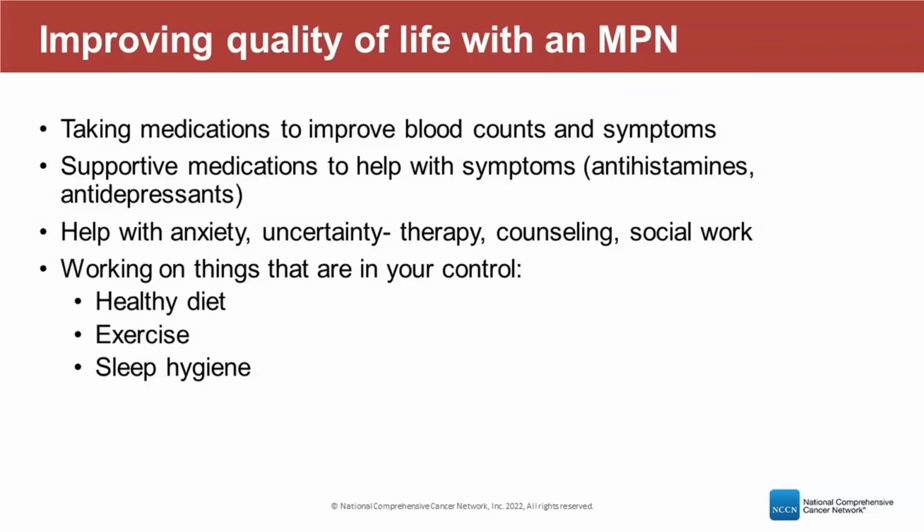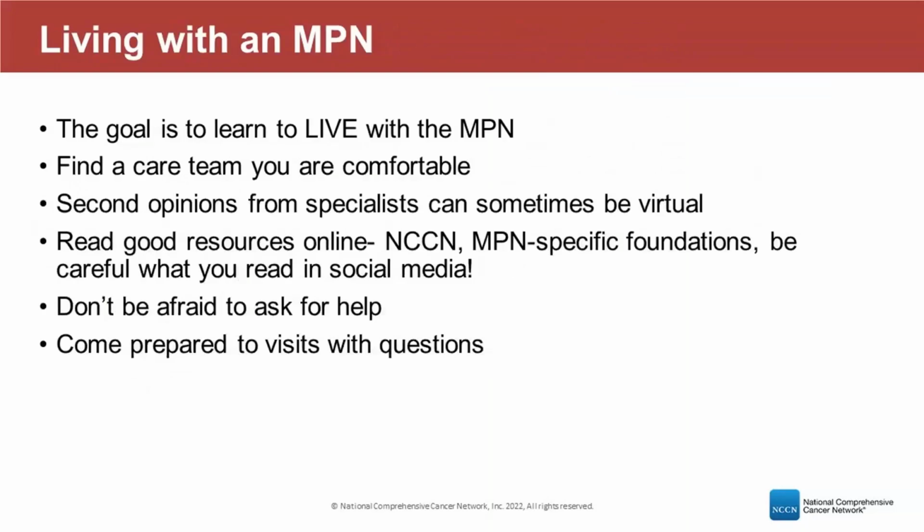We also encourage you to work on things that are in your control, because it does feel like things are out of your control at the moment, especially if you're in the watchful waiting. So we encourage a healthy diet, more nutrient-rich foods, smaller, more frequent meals. We encourage exercise, because you feel so much better when you're outside and doing things. Remind you that you want to wear a hat, sunscreen, those kinds of things. We also try to help you with getting a good night's sleep, because rest is important. It's all part of it, and we're here to help you live the best life that you can